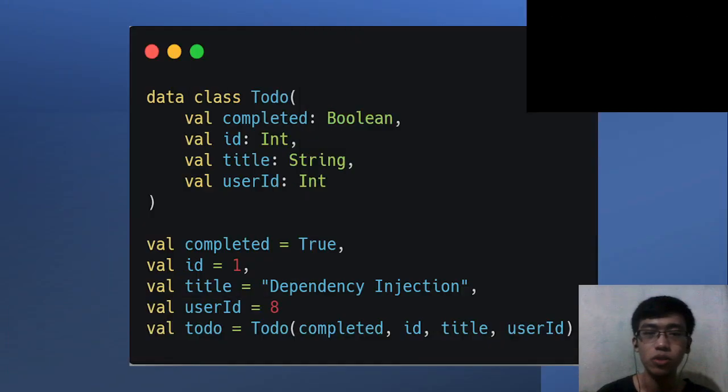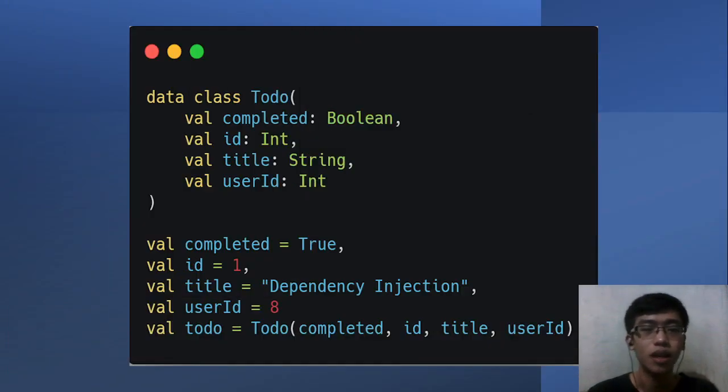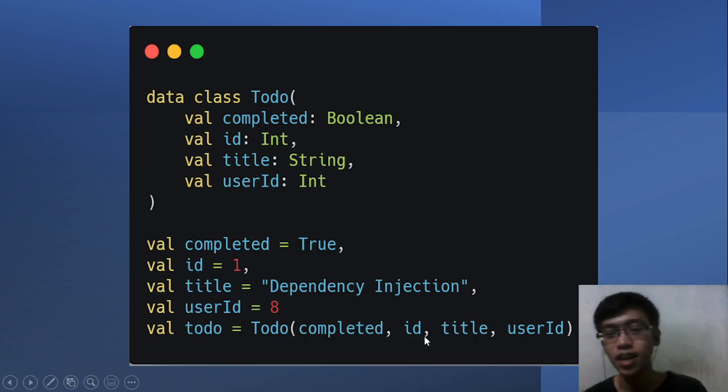So let's move on to the code example. There is a data class called todo, which has the parameters completed, ID, title, and user ID.